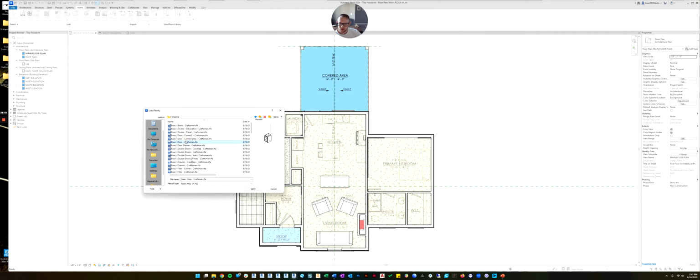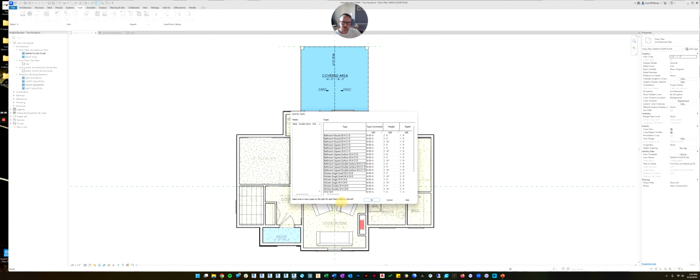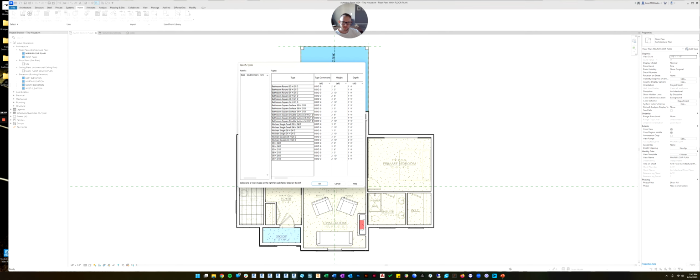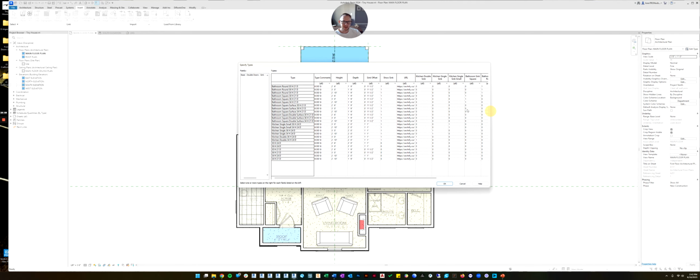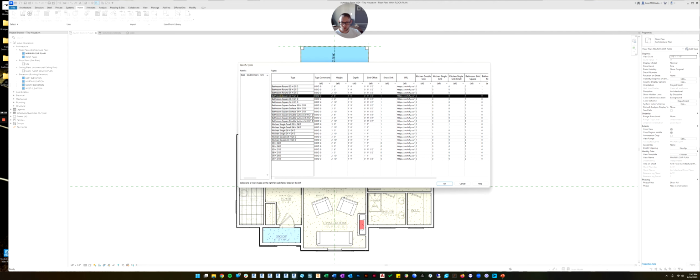So I'm just going to do, for an example, we'll do a bathroom vanity. So we're going to go to a base with a sink. And that's what we're going to bring in. So we'll click open. And it's going to bring up what's called a type catalog. So it's going to say, okay, you picked the family, but what types of that family do you want to bring in? Do you want to bring them all in? Which you can do. You can click and drag and click OK, and it'll bring everything in. Or we can just pick the ones we want.